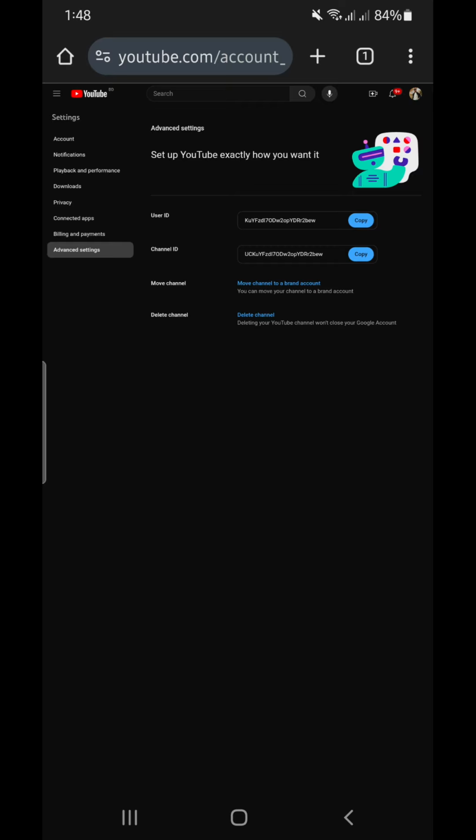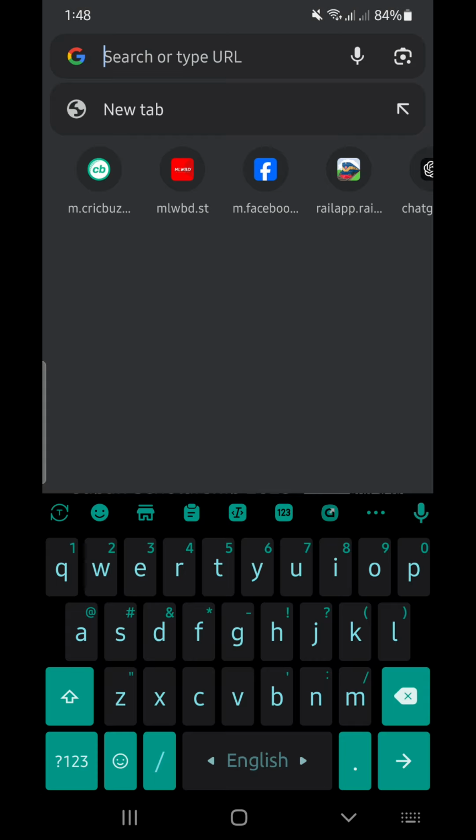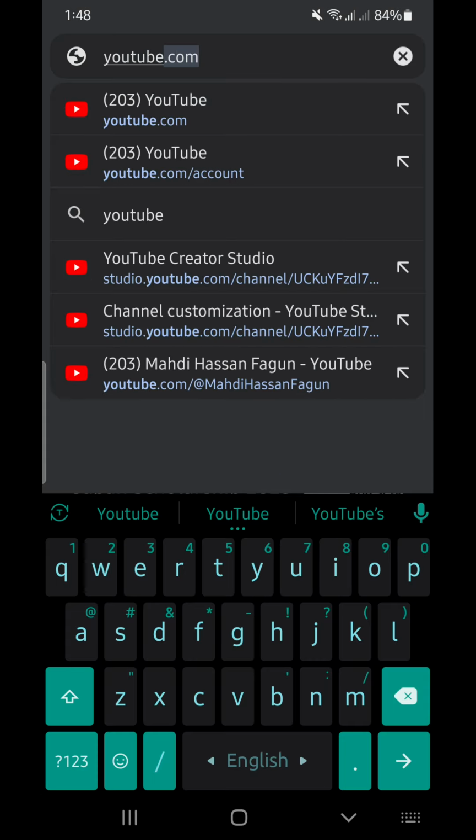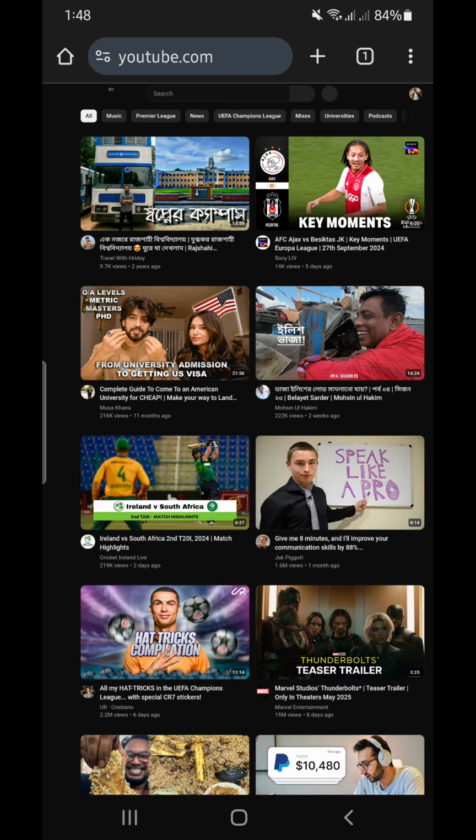I'm going to show you another process, which is go to your Google Chrome and write down youtube.com. It will take you to the official homepage of YouTube, and from here it takes some time to reload. And here in the top left corner you'll find a three-line menu button. Click on here,